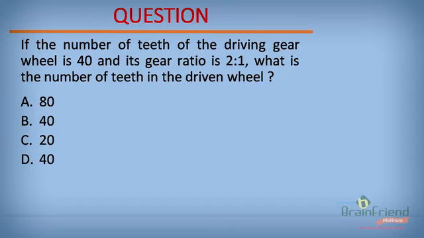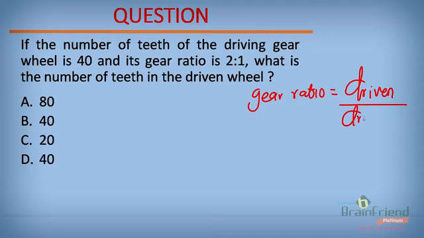Let's look at the solution. We know that gear ratio is simply the number of teeth in the driven wheel over the number of teeth in the driving wheel. Now, from this question, they said the number of teeth of the driving gear wheel is 40 and the gear ratio is 2:1. Gear ratio 2:1 is equal to number of teeth in the driven wheel, which was not given,